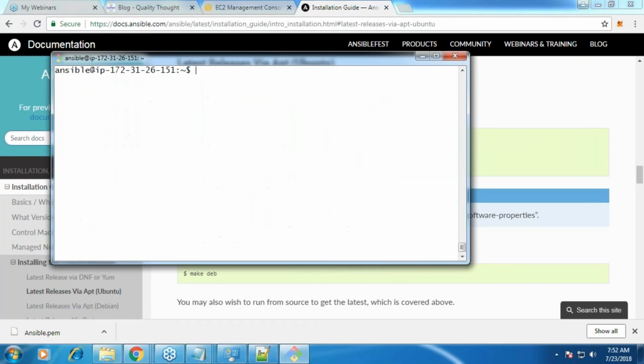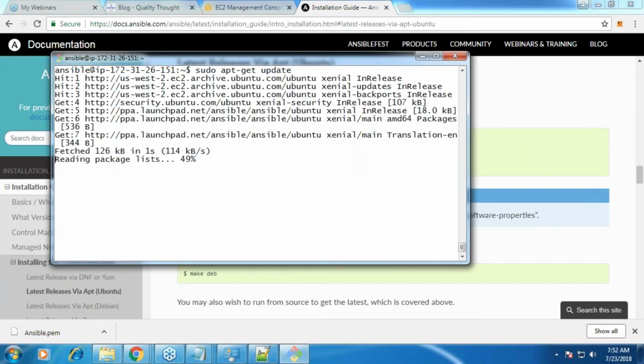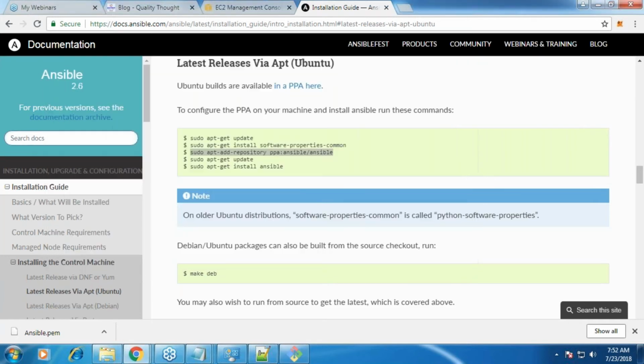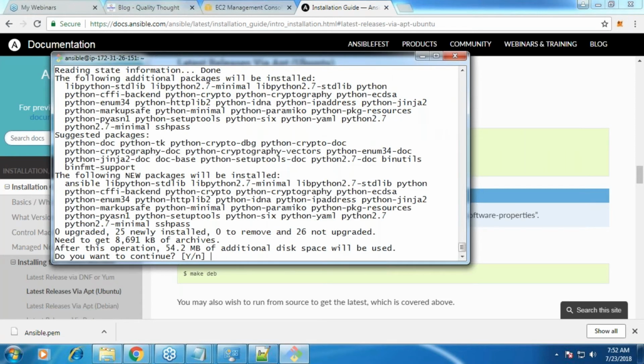And then you're updating the packages again. So for that we have a command already over here. Okay. And then the last one is install. If you see, there are many Python packages which it is trying to add with Ansible. All right. Okay.